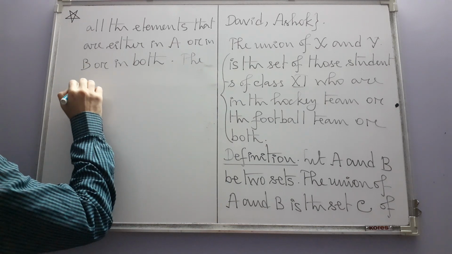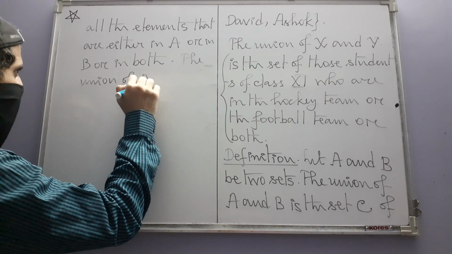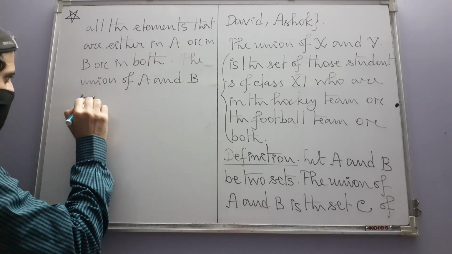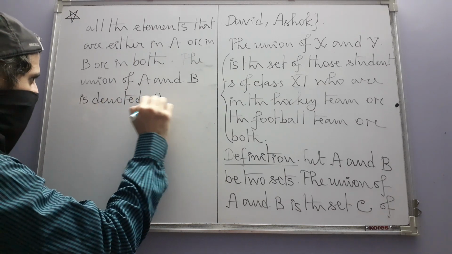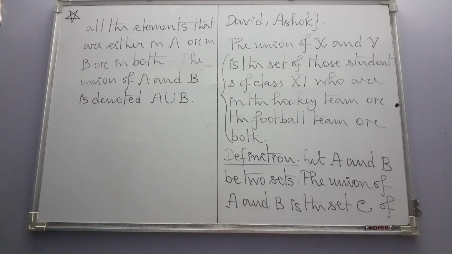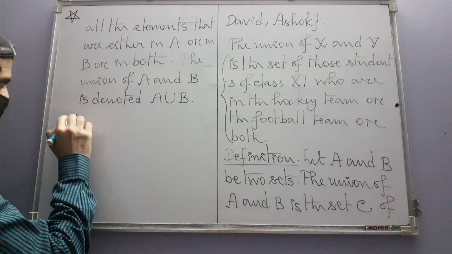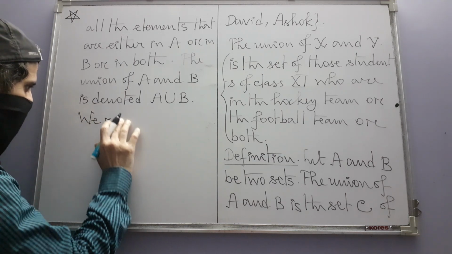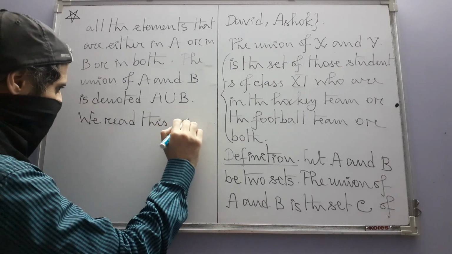The union of A and B is denoted by writing this. How is it read? I mean, what will you say when you want to read this? We read this as